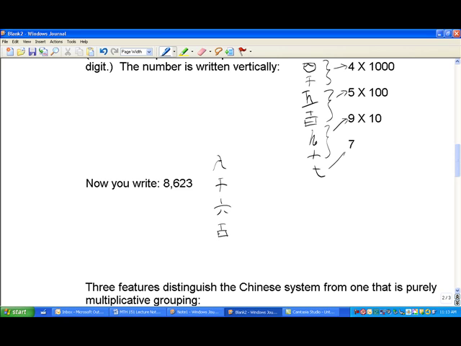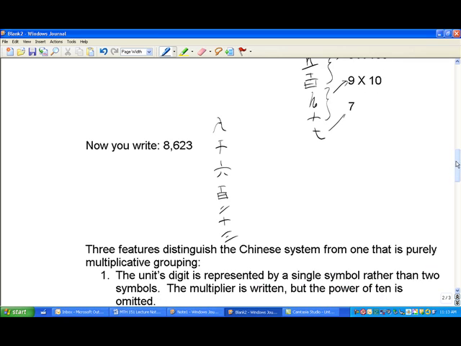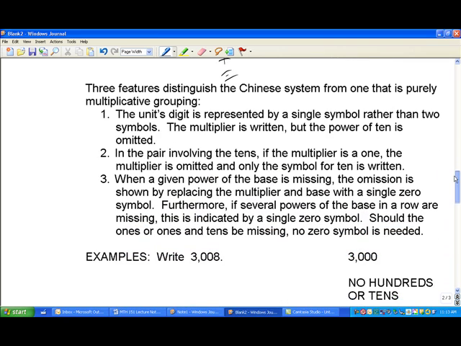So there's our detonator, so 600. 20, that's a 2 with a 10. And then our last number is a 3. So we get 8,623. Hopefully you got that one right. Now, the hardest part of the Chinese system are the 3 features that actually distinguish it from